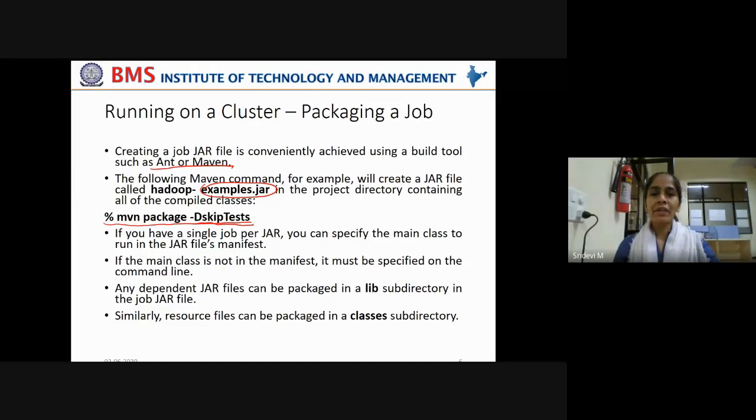Now, if you have a single job per jar, you can specify the main class to run in the jar file's manifest itself. But if the main class is not in the manifest, it must be specified on the command line.